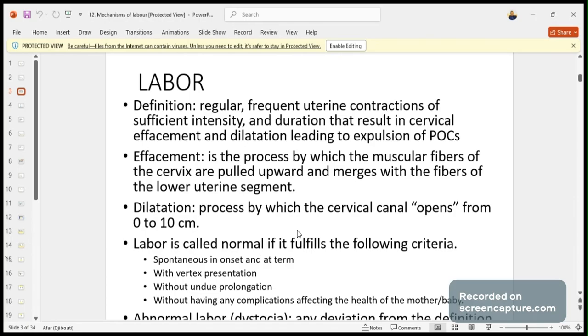What is effacement? Now, during the labor process, many things do happen, and that's what we're going to check. But effacement is one thing that happens on the lower part of the uterus and the cervix. When we talk about the cervix, it's an organ, actually an internal reproductive organ, okay? So this cervix always allows the baby to pass. It's a channel that connects the baby from the intrauterine space to outside the womb, outside the uterus, through the vulva and then outside the body of the mother. Now, during this normalcy,